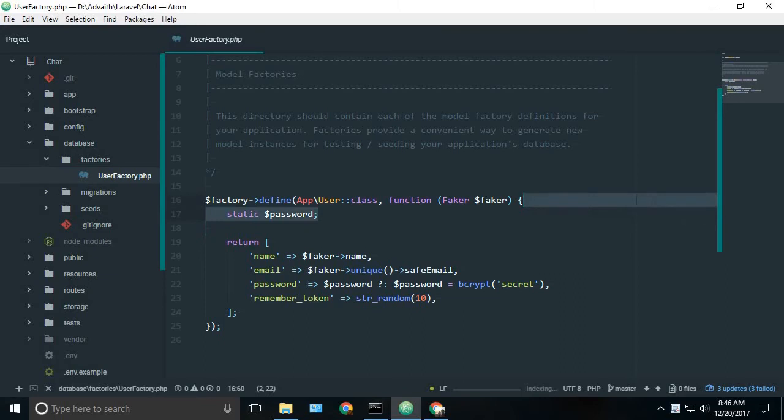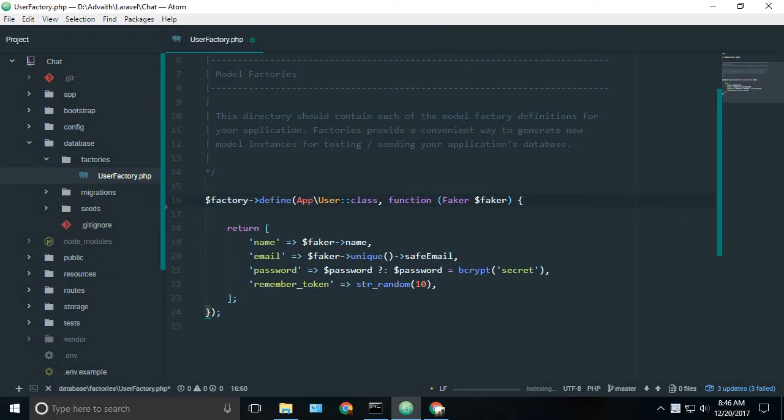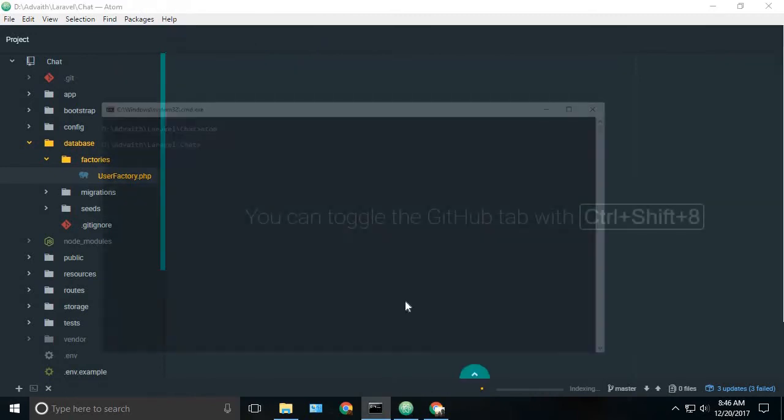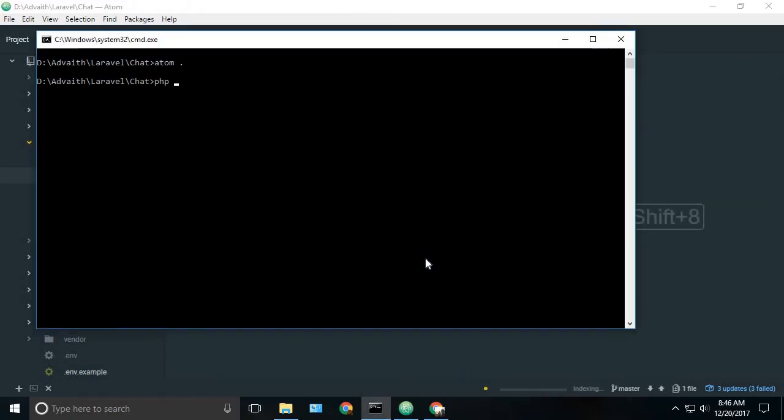So I will just remove these, and by default the password will be password. Okay, that's it for the factories. Now let's run it. So for running it, type php artisan tinker